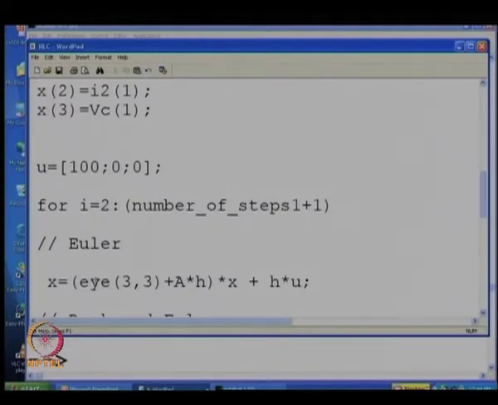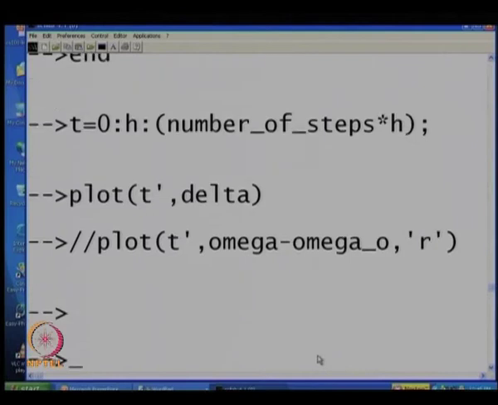This is, remember, a higher order system. So, instead of 1 plus small a h, you have the identity matrix plus A into h into x plus h into u. So, I am implementing the Euler method for this system. Of course, there is an input here. So, I have generalized the Euler method to a situation where you have an input as well. So, if I numerically integrate this system,